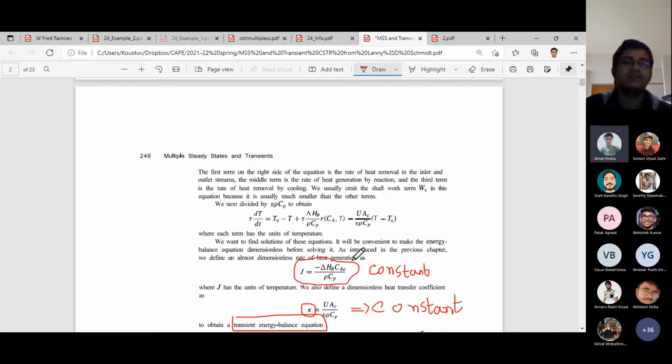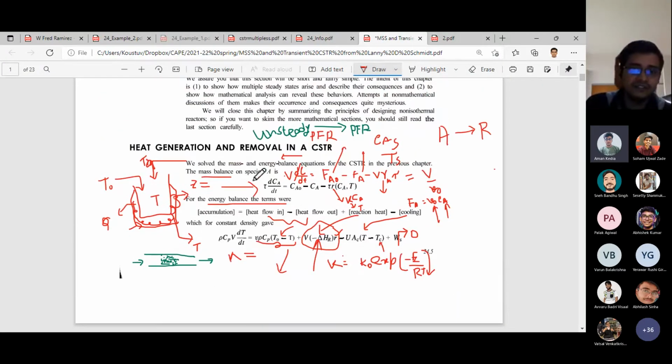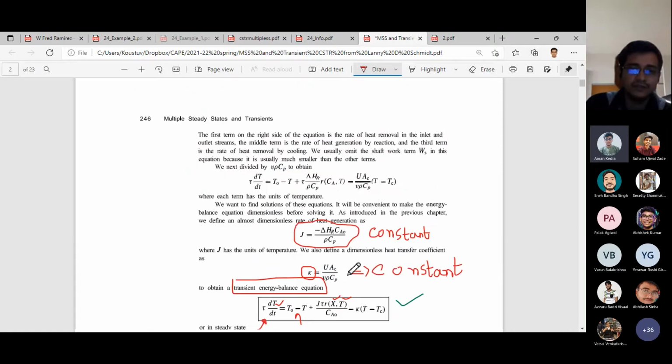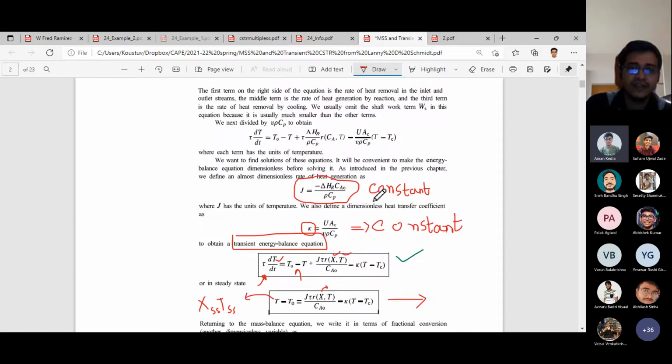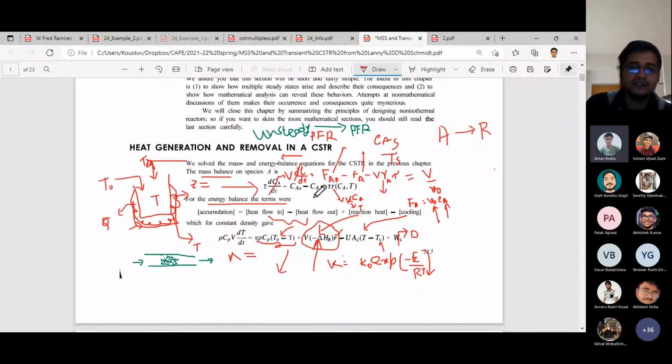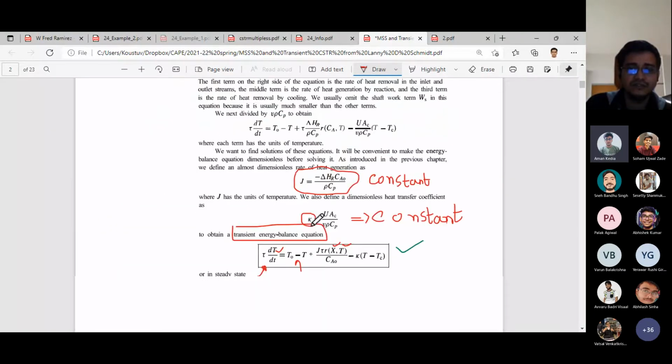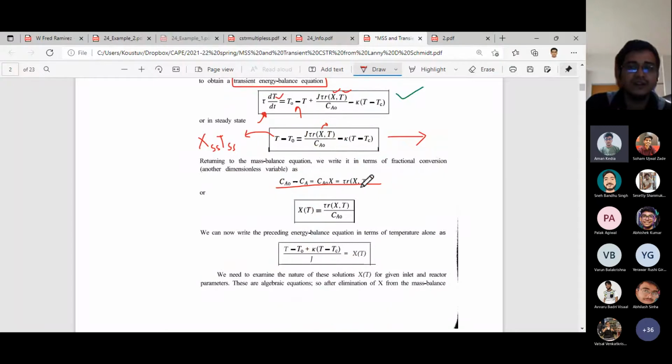As we initially set up, it is the mass balance equation of the species. That comes here, and the expression is like this. We again make use of steady state, so this term vanishes, and Ca naught minus Ca equals tau times the rate, the way it is typically written. So basically we get this kind of expression, and this is our second equation, or the first, whichever you call it. These are our two major equations in X and T which we have to solve.